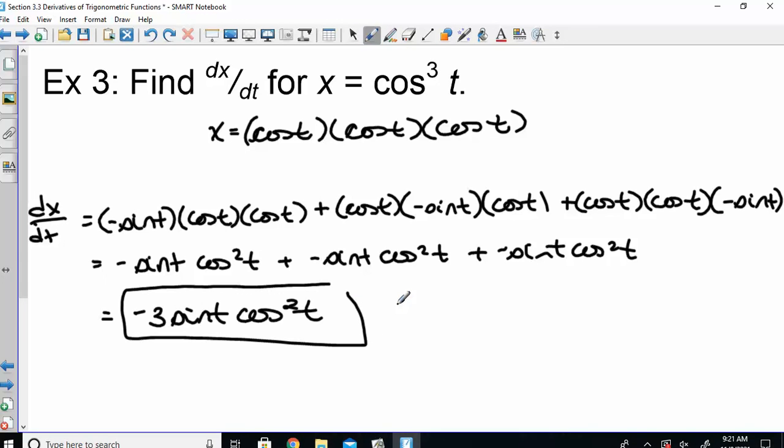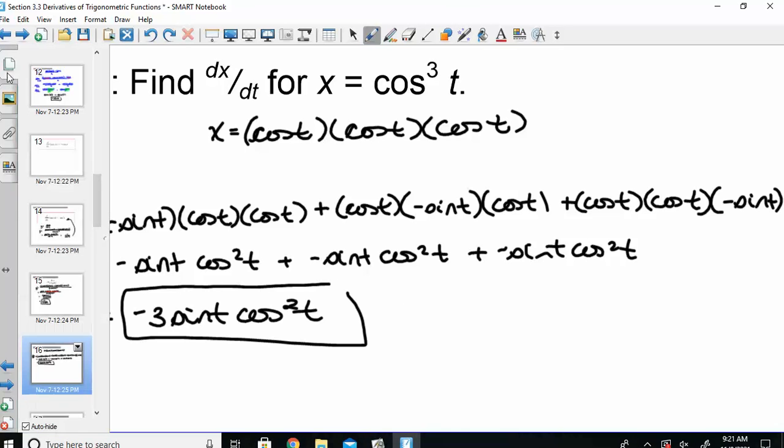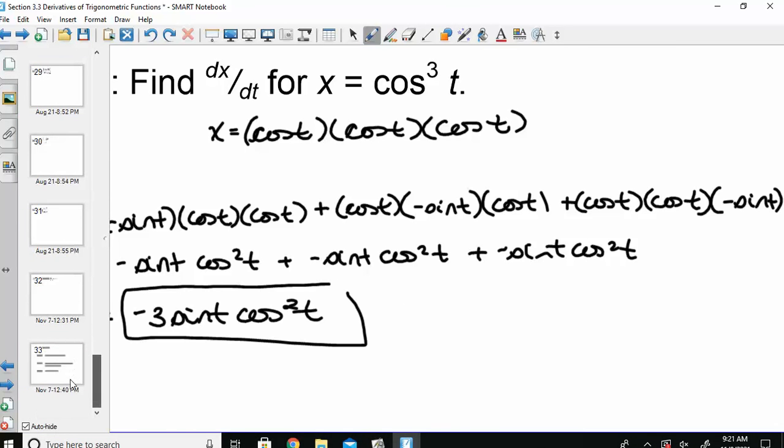So we have to realize if it's not just x to a power, if it's a function to a power, we have to write it out and do our product rule. So I am stopping here today. Homework wise,